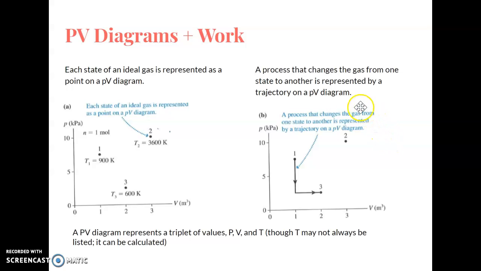But for example, in graph B here, we've got our gas changing from state 1 to state 3. I don't know why they don't go to number 2 first, but whatever. And we can tell it goes through that change because here it tells us how it transformed to that. So what happened to this gas is first it was kept at a constant volume and the pressure was decreased. And then once it reached whatever this volume is, it was kept at that volume and the pressure was